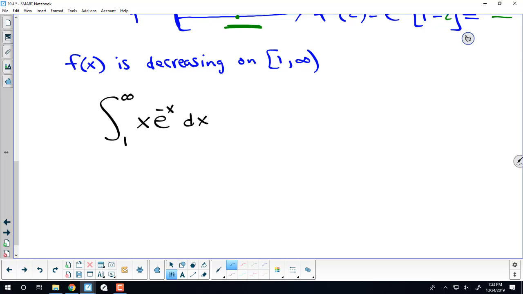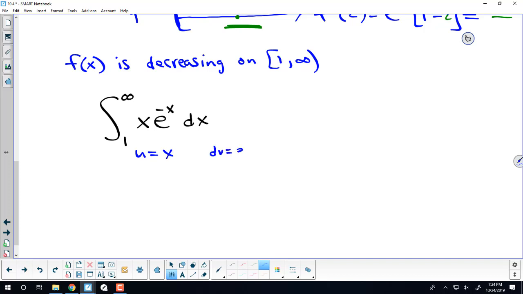If you look at a series and say, oh, that looks like something that's easy to integrate, then the integral test is a viable candidate. So how are we integrating x e to the negative x? By parts, u should be x,